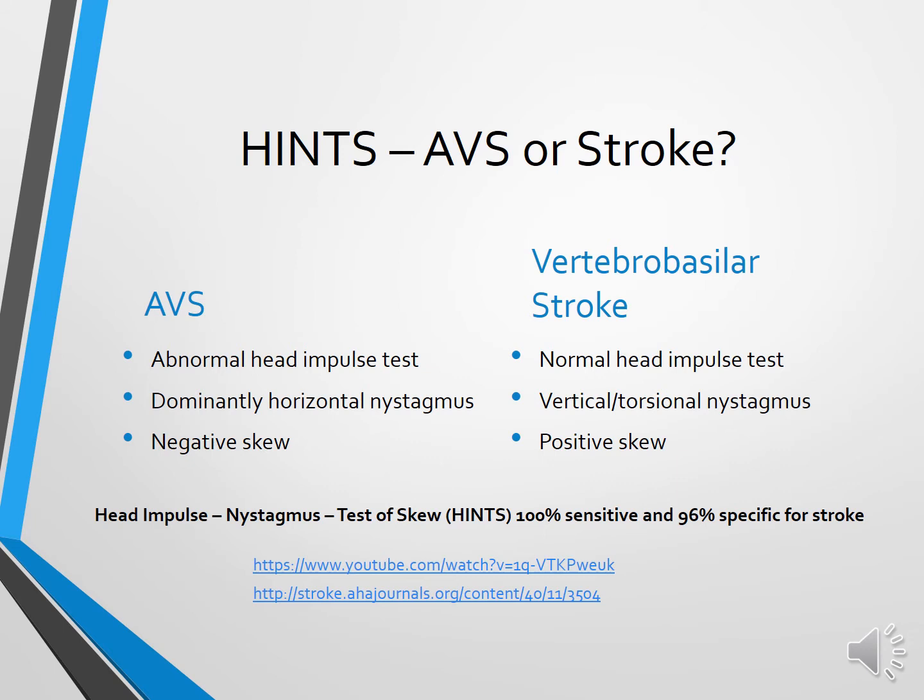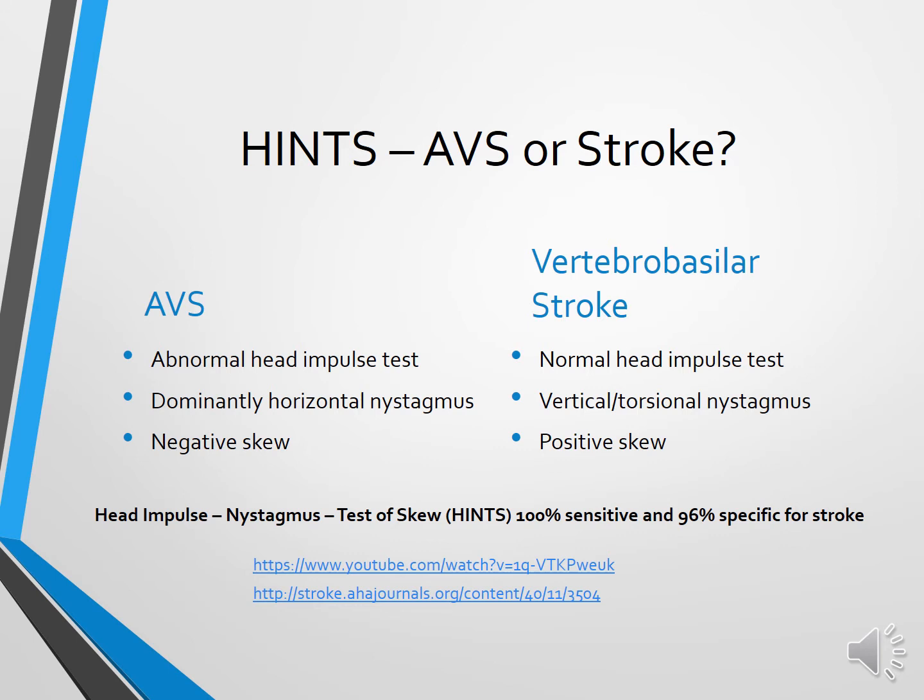For the head impulse test, the person's neck is flexed about 20 to 30 degrees. They're focusing on your nose, and you give them a quick turn about 20 degrees to the left, quick 20-degree turn to the right, and they need to remain focused on your nose. A positive test would be that catch-up saccade. So if they do have a positive test, you are actually thinking that the likelihood of stroke is lower, or probably not there, because a positive head impulse test tells you it's a peripheral problem,